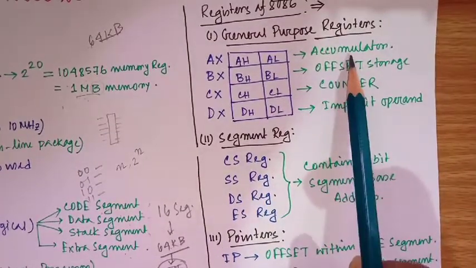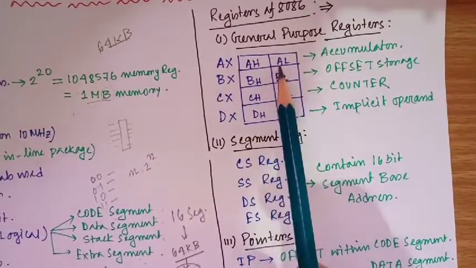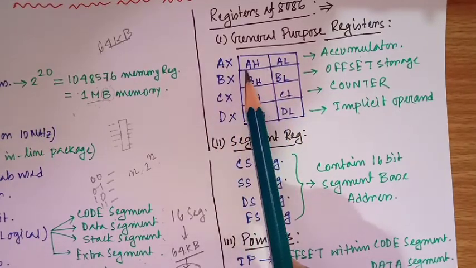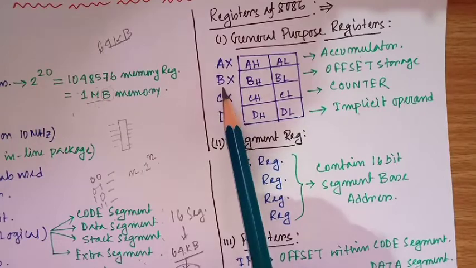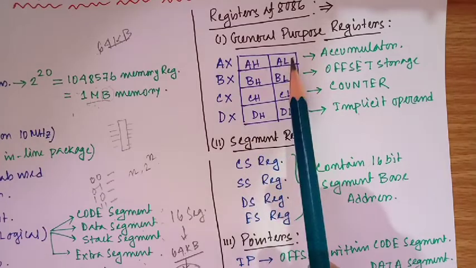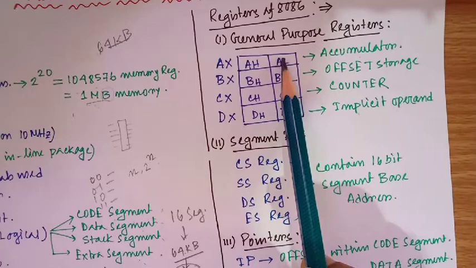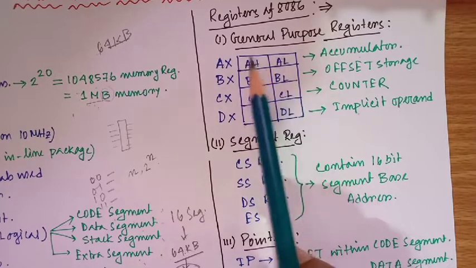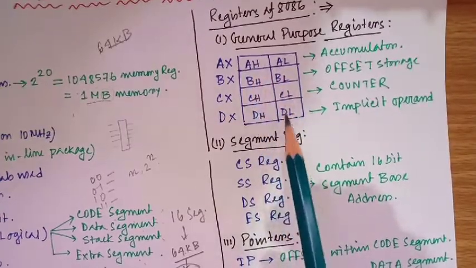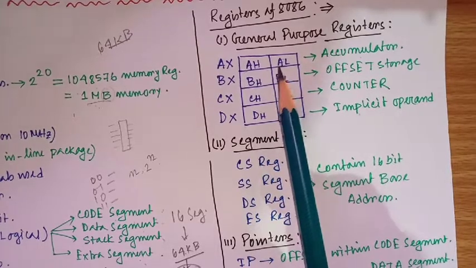Now, the accumulator is a 16-bit one. In certain cases, if I need an 8-bit accumulator, then we can use AL also. What is AL? It is the lower byte of this accumulator AX. AH represents the higher byte of the accumulator. Similarly, all the registers have a lower byte and a higher byte. So this is the lower 8-bit, higher 8-bit. If I need an 8-bit accumulator, I will use only AL. If I need a 16-bit accumulator, I will use AX. And remember, AH to DL, all these registers can be used as 8-bit registers individually also.